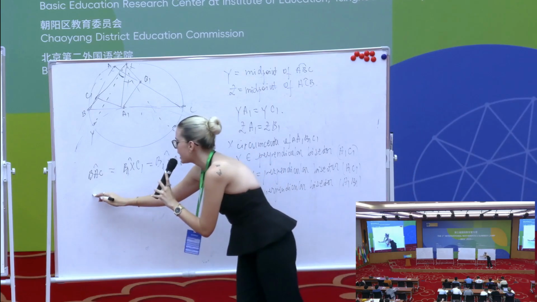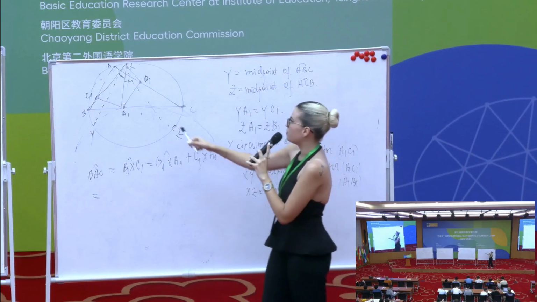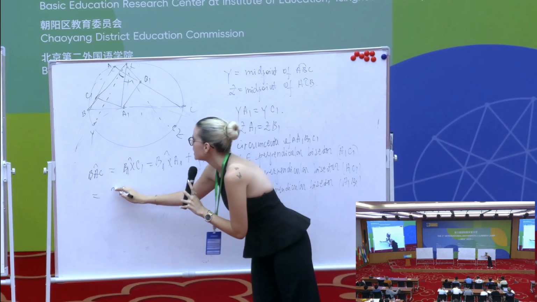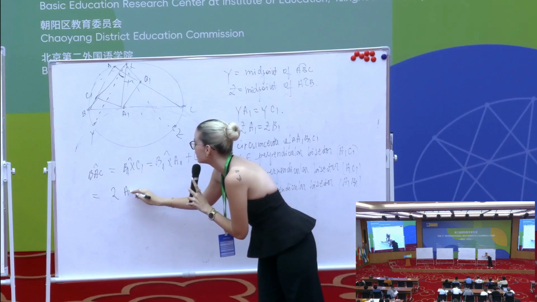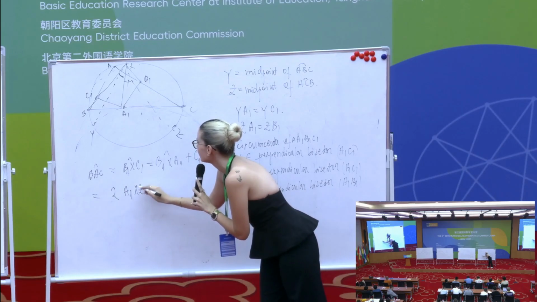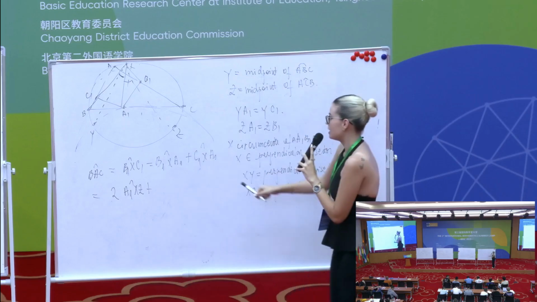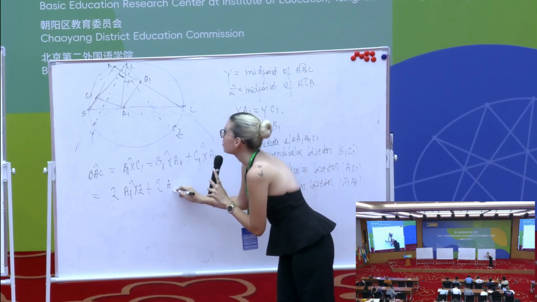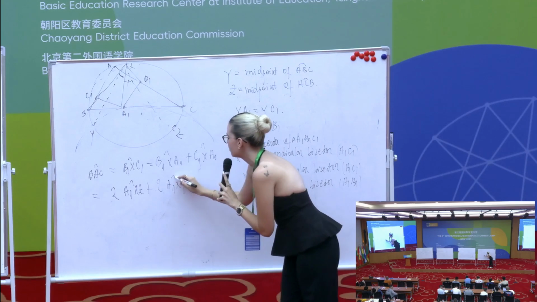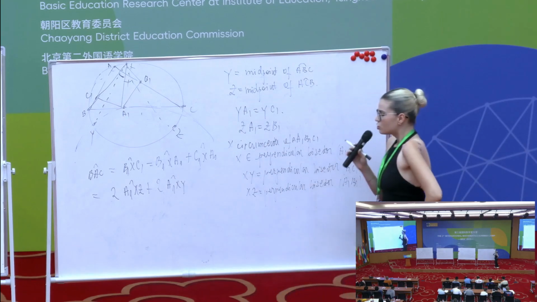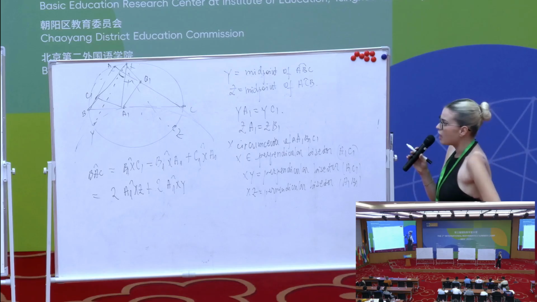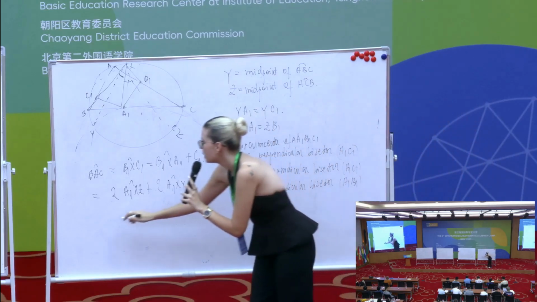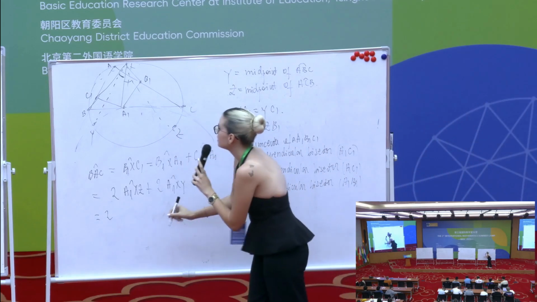So what we will obtain is that the angle B1XA1 is 2 times the angle A1XZ, plus the second angle is 2 times A1XY. So this sum is going to be 2 times the angle